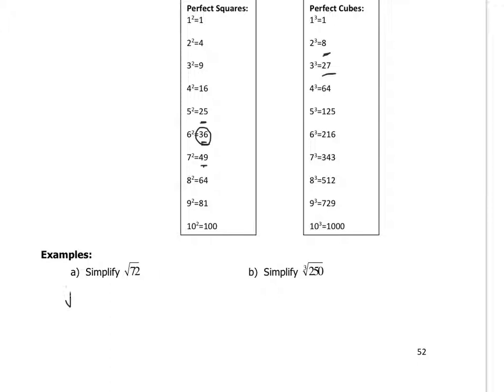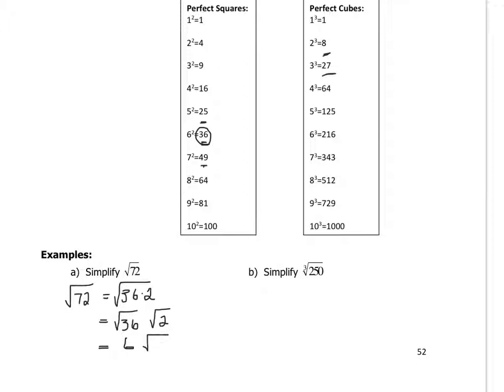So the square root of 72 could be broken down into the square root of 36 times 2, because 36 times 2 is 72. And then you could just use your multiplication rule that we had above and break that up into 2 separate radicals, which is the square root of 36,